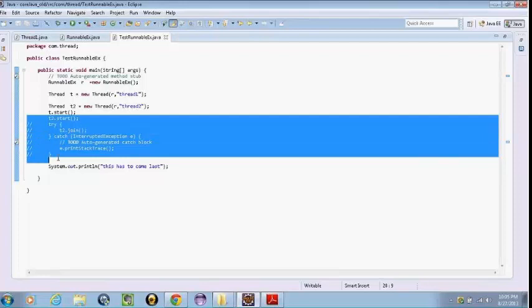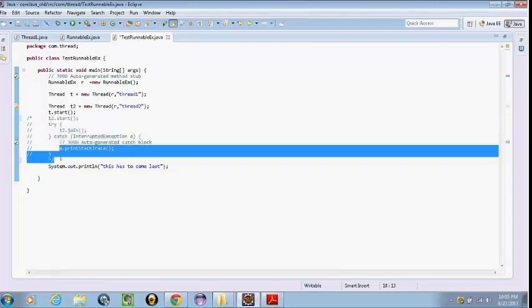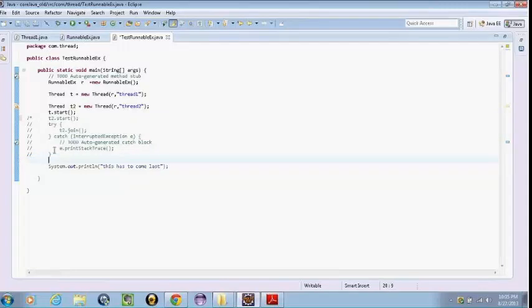So I'm saying t2.join. What is the error that I'll get here when I say t2.join? The join method throws a checked exception, it is InterruptedException. So we have to handle it.